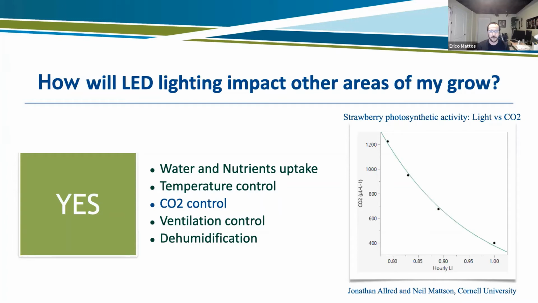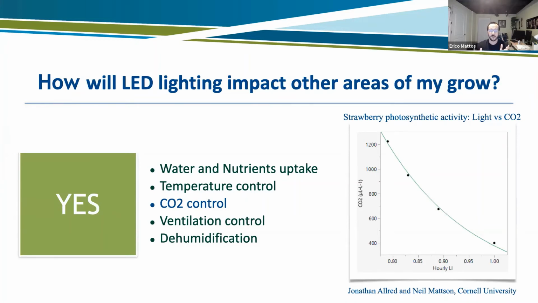When you're growing a crop, everything's pretty interconnected. Depending on the lighting quality and the lighting amount that you have in your room, you will induce a certain amount of photosynthesis. Leora talked a little bit about the spectrum impacts on the crop. You have light penetration, but if you're changing the lighting system, now we're probably going to be looking at a different temperature in the room as well. You have the CO2 control, the ventilation control, humidification. So just a quick overview of those systems here.